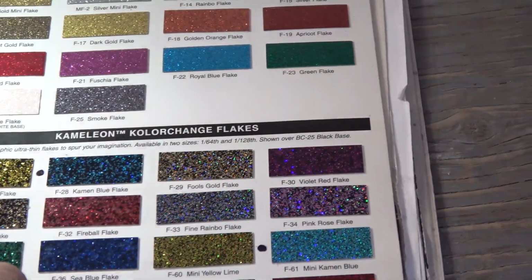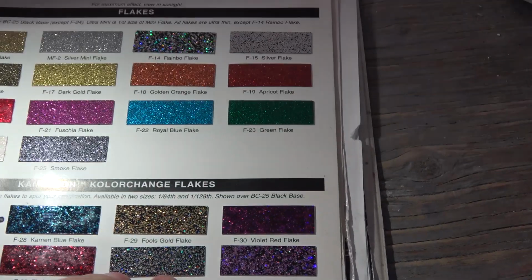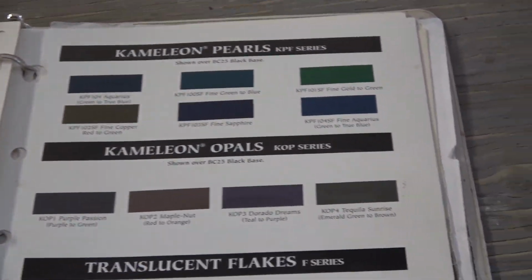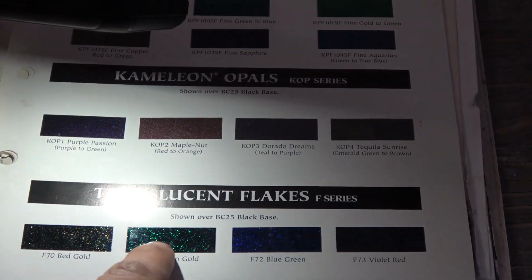Look at how heavy these flakes are, though. I went to high school with this girl. She was flakier than that. That's not a bad flake, like in a green. I mean, you can still see a lot of...